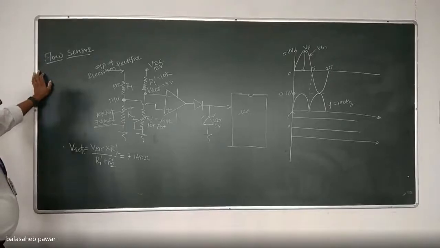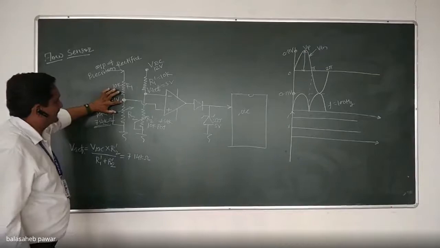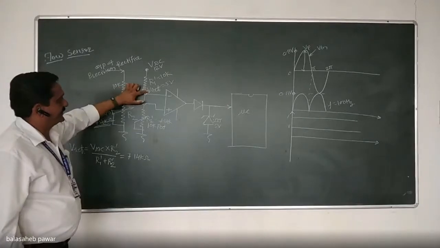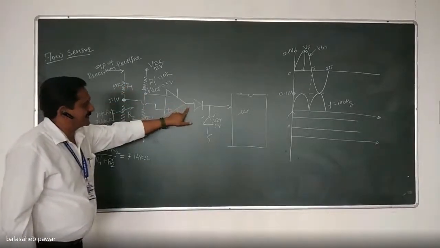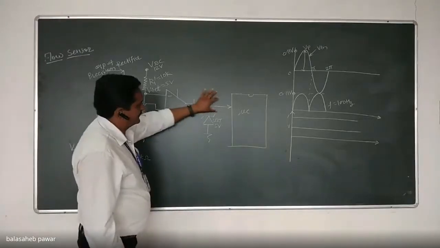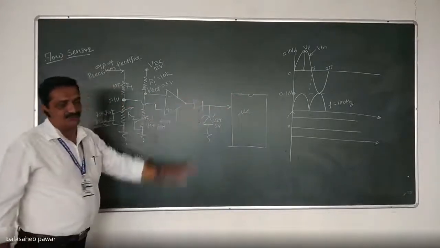Okay. So when output of precision rectifier is 0.11 volts, how much is the node voltage? 0.04. Okay, it will be 0.04, and that is less than reference voltage, and hence the output of op-amp will be minus Vsat. This diode will block it, and hence the output of this signal conditioning circuit going towards our microcontroller will be 0 exactly.